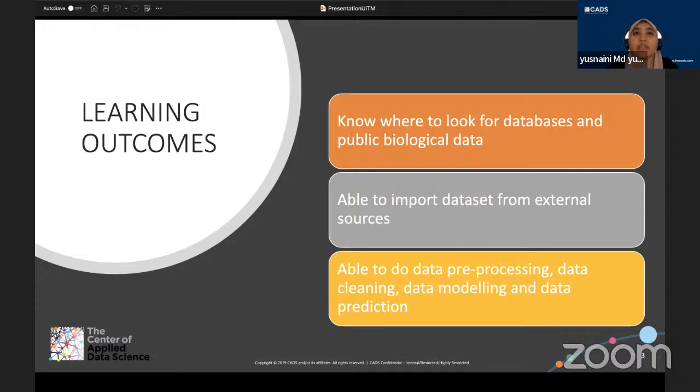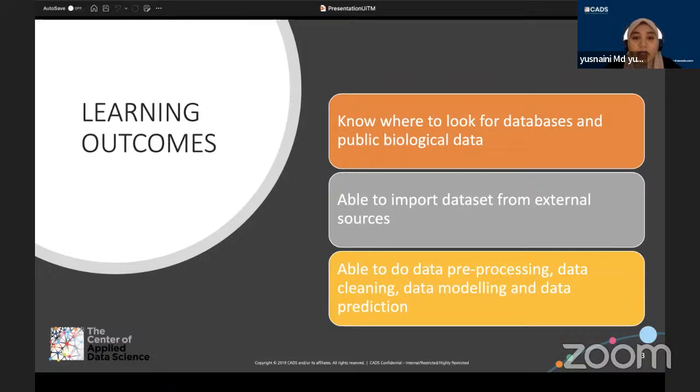You can also do data modeling, where if you think any column is unnecessary for your exploratory data analysis, you can remove it, so that you can do better data modeling at the end of the task. And then at the end of the day, you can see how you can do data prediction. So these are the three main outcomes that you can expect to have at the end of this